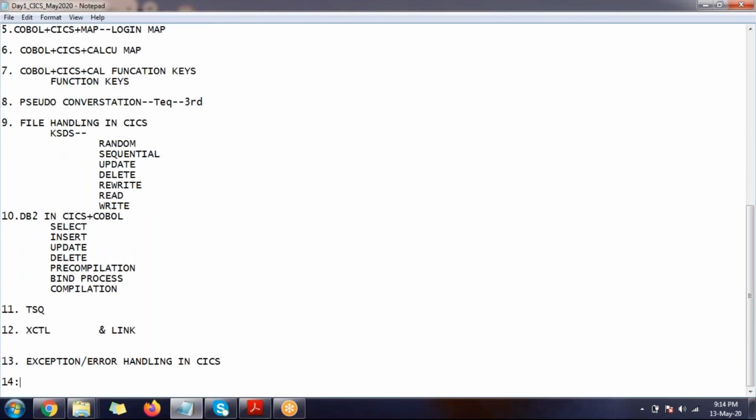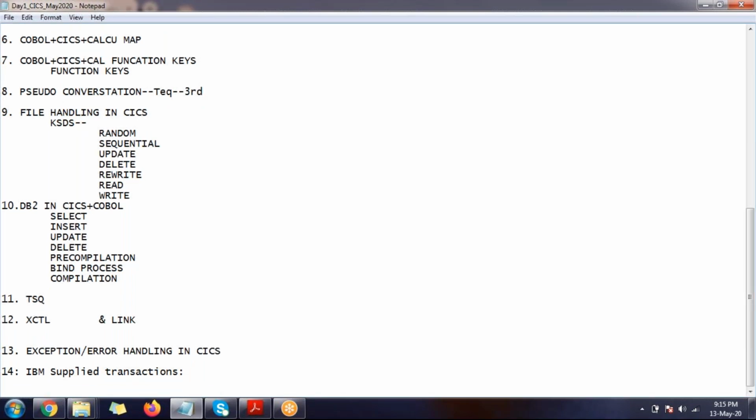So the 14th, we are going to discuss IBM supplied transactions. Some people might ask, are you covering the IBM supplied transactions? Without explaining the IBM supplied transactions, I cannot do anything in CICS. Hence, it is a mandatory topic.